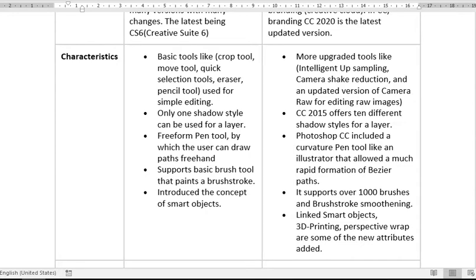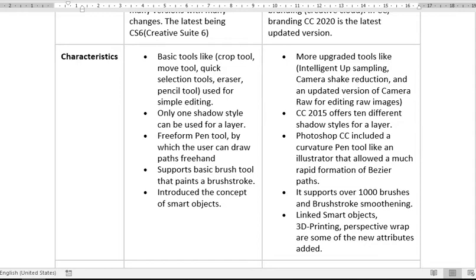While Adobe Photoshop CC has more upgraded and a variety of tools like intelligent upsampling, camera shake reduction, and an updated version of Camera Raw for editing raw images.